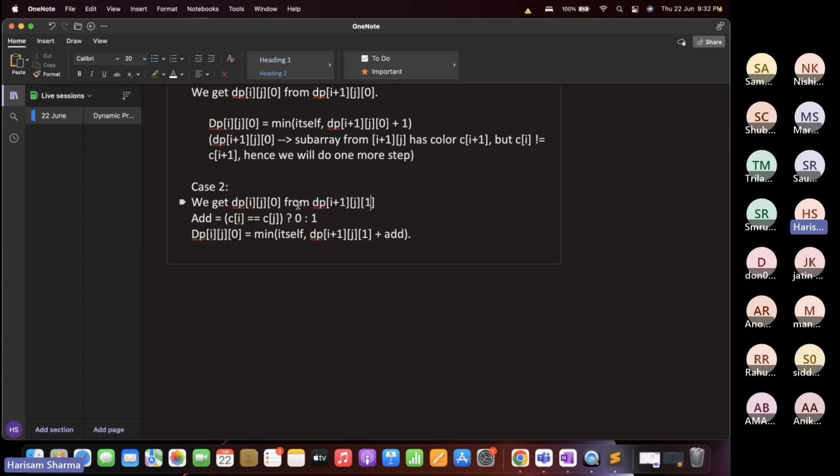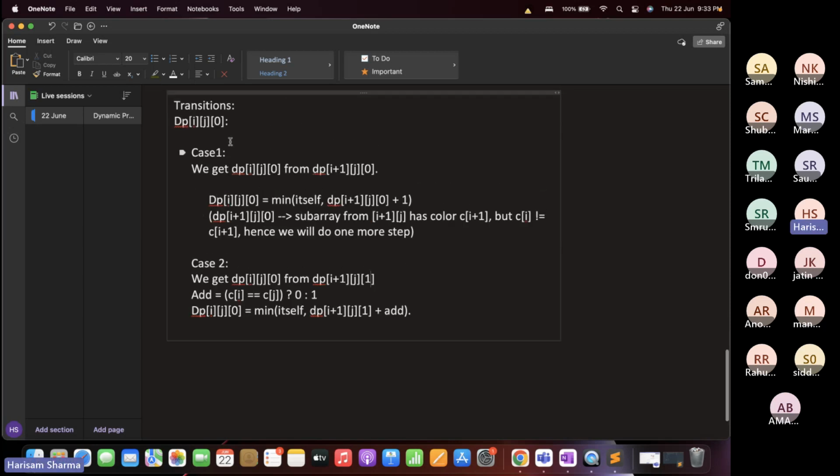And yeah, if Ci is already equal to Cj, then that means we already have a subarray from i to j which has all the colors as Ci. So in that case we won't add anything. But if Ci is not equal to Cj, then we'll have to add one. Okay, so that's what this transition is doing. Cool. So this is how we can find out dp[i][j][0], and we can do a pretty similar analysis